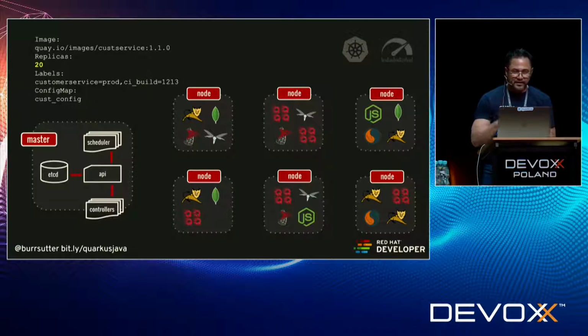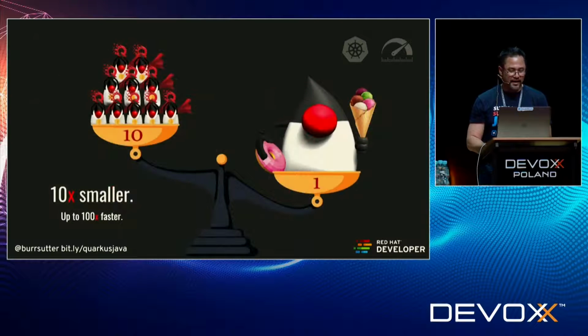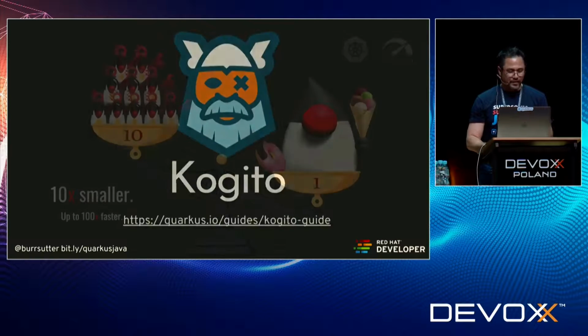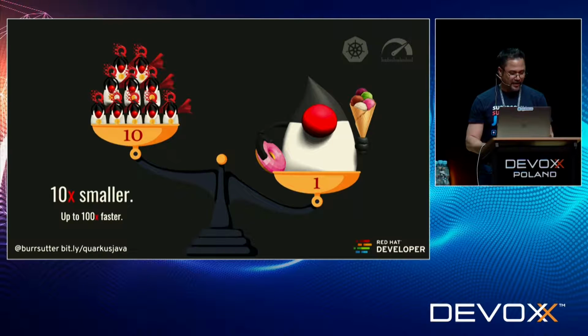Okay? Now, here's the thing that's cool about this thing called Quarkus. In that same space of 2 things, I can put 20 in its place, with potentially the same memory footprint and the same CPU footprint. So that's how you should be thinking about this new way of thinking: how much density can I have? And so I'm going to quickly show you these things and get out of this mode of slideware.